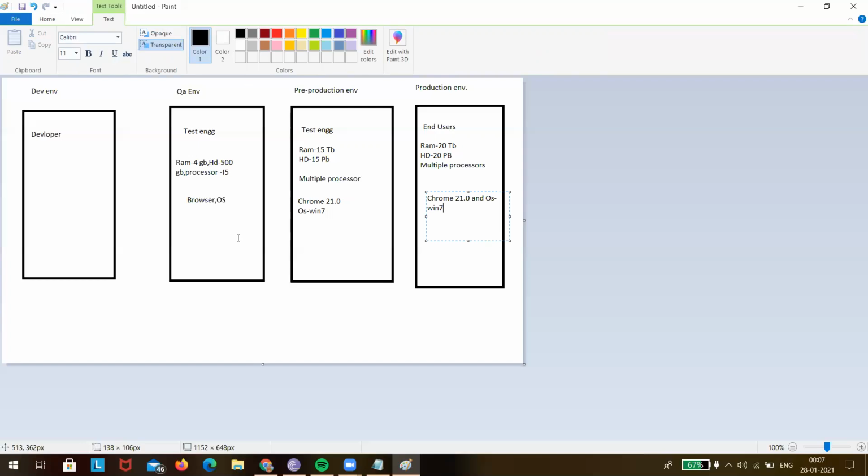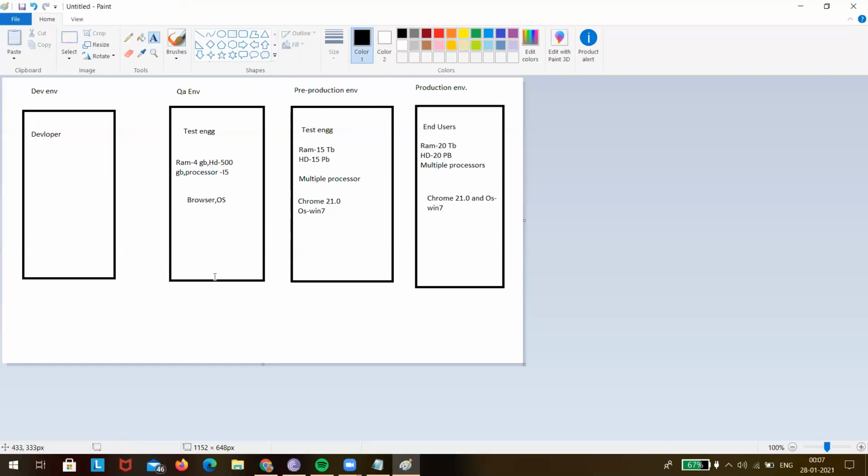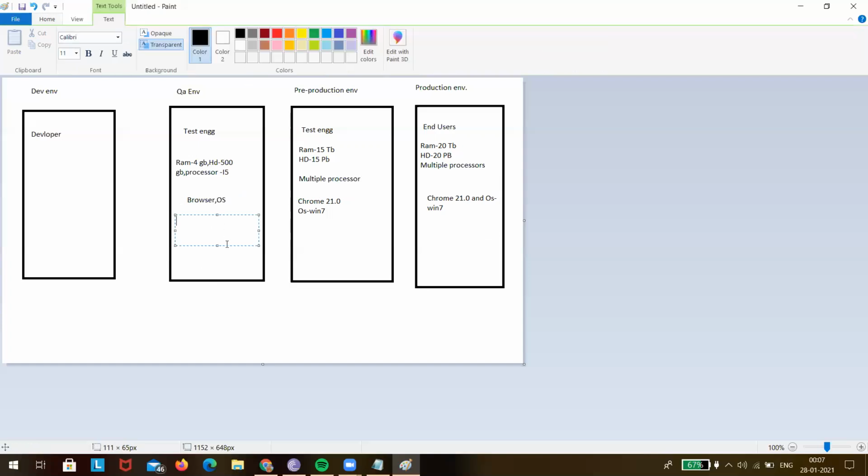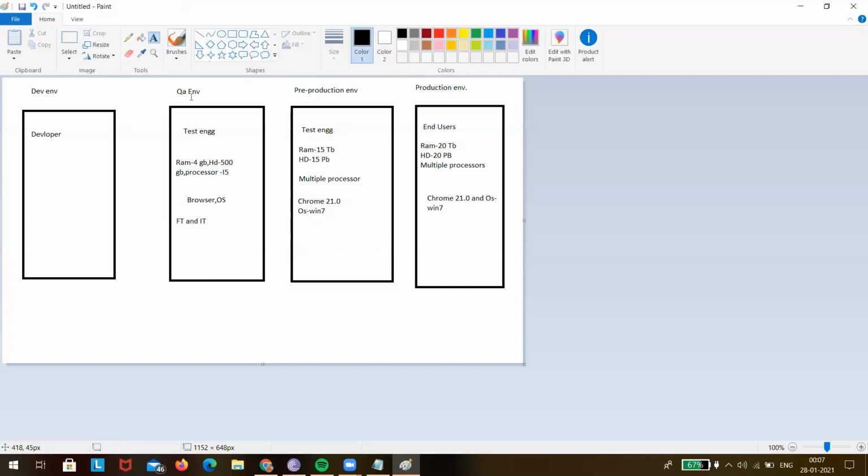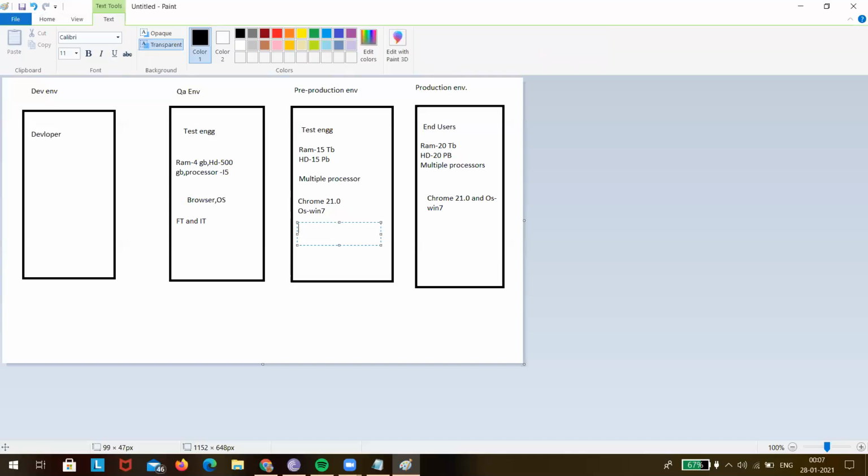In this stage we will do functional testing and integration testing, and the end-to-end testing will be done in the pre-production environment. That is what is called system testing.